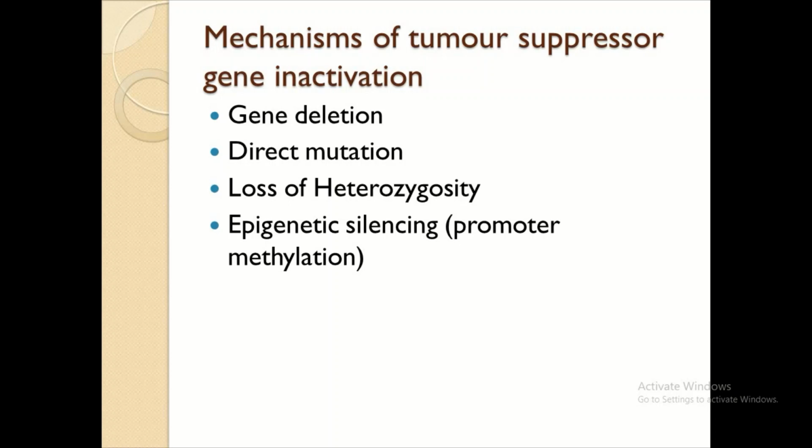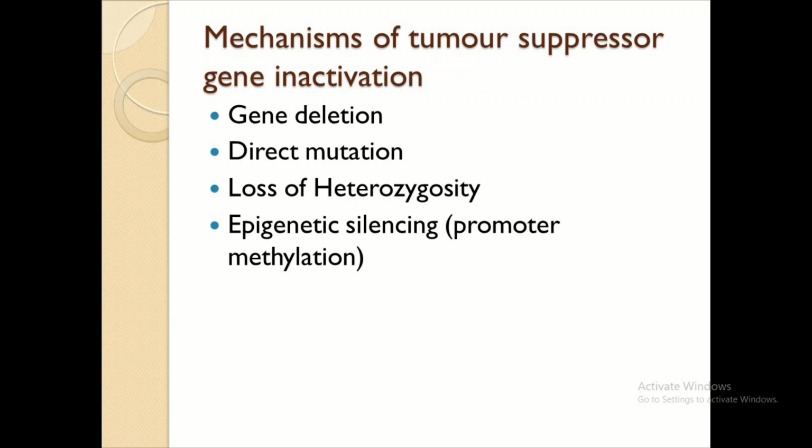So how were these tumour suppressor genes inactivated? What is the mechanism involved in it? This list denotes what causes tumour suppressor gene inactivation. Gene deletion, where the gene was deleted, or direct mutation, a change in the DNA structure that causes tumour suppressor